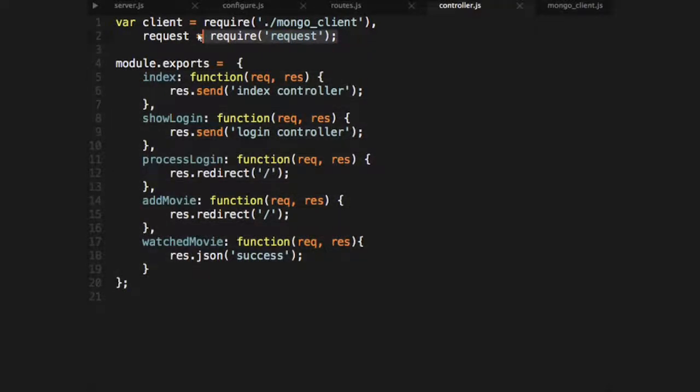And besides the client, which I just explained, request is just an NPM Node module that's pretty popular, and it's really just for making HTTP requests to anything really. And I'm particularly going to be using it to make requests to the movie database API, the third-party API. So if you're ever going to be making any kind of API type requests in your application, request, by its namesake, is pretty much going to be the module that you're going to wind up using. So with all of that,